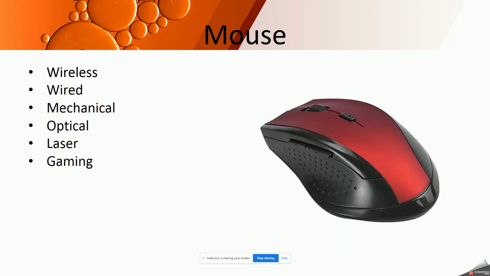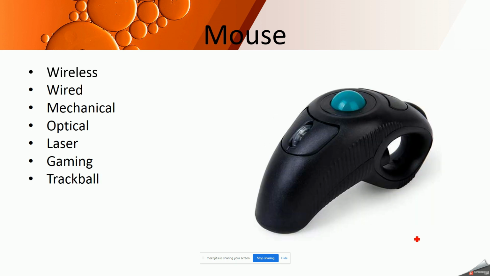Gaming mouse, you can see it comes with some extra buttons on its sides. These types of mice are very accurate. Normally you need extra controls while playing games, so all such requirements can be fulfilled by using a gaming mouse, and these buttons are highly sensitive. Wherever you are moving the mouse or tilting it, the effect would appear on the screen.